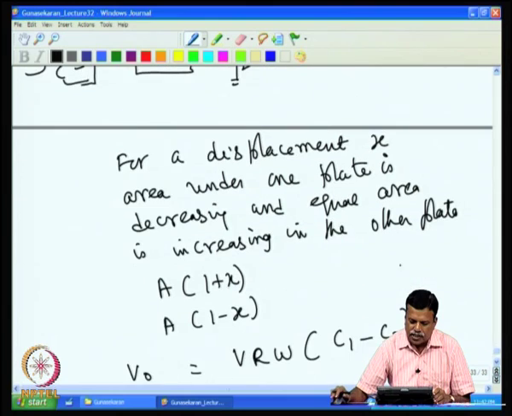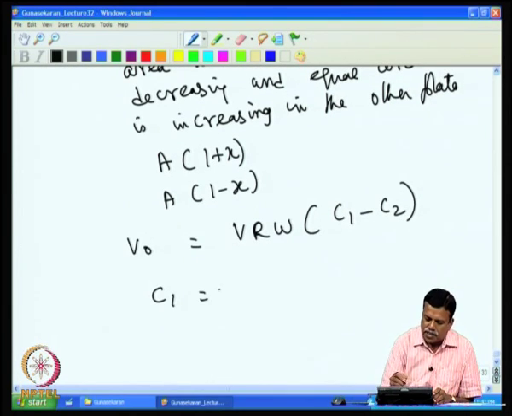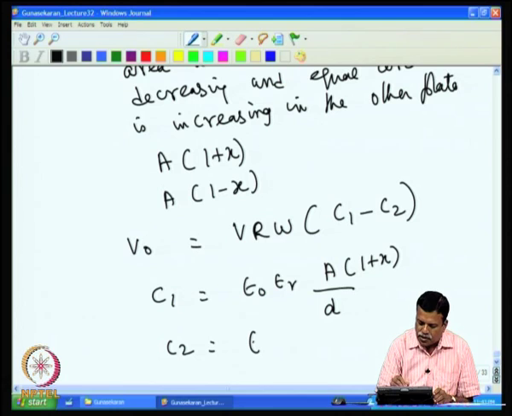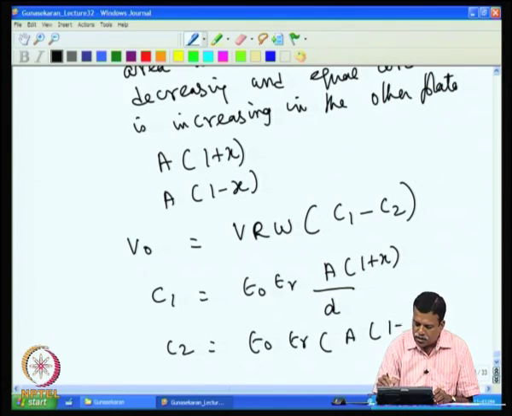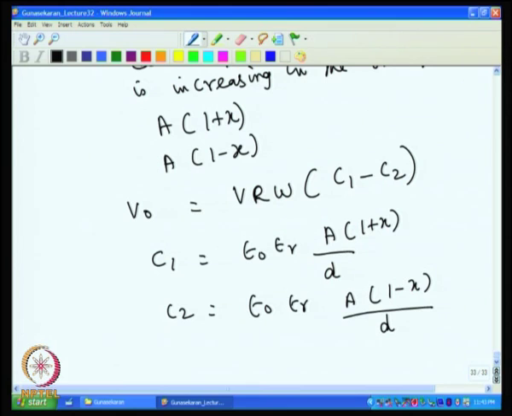Now, C1 will come as epsilon naught epsilon r A divided by D, and C2, with area A into 1 plus x, and the other one epsilon naught epsilon r A into 1 minus x divided by D. Now, if I calculate C1 minus C2,